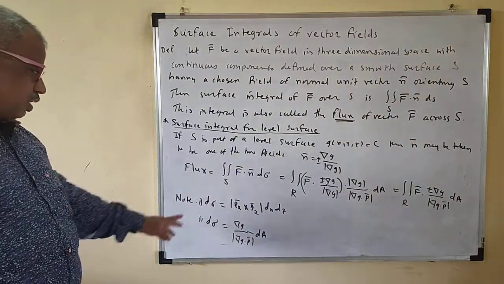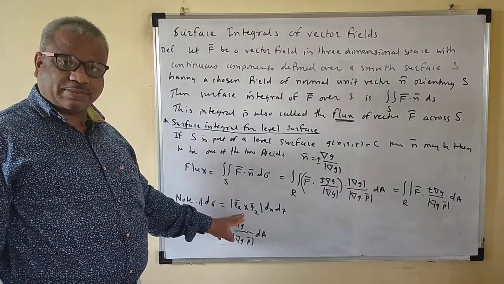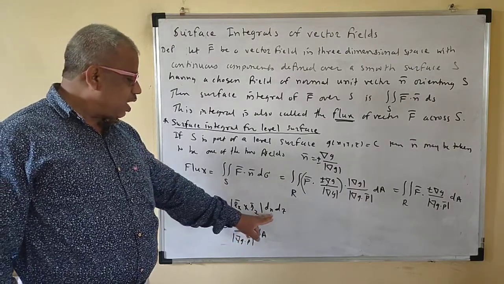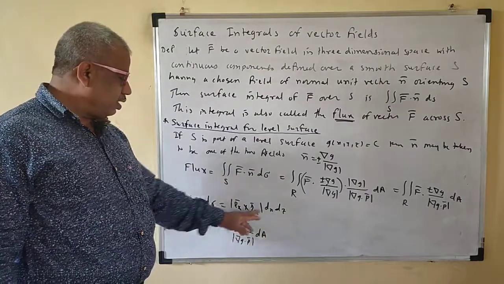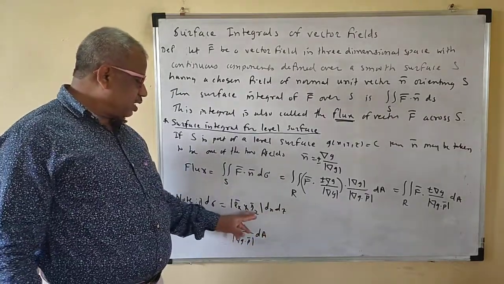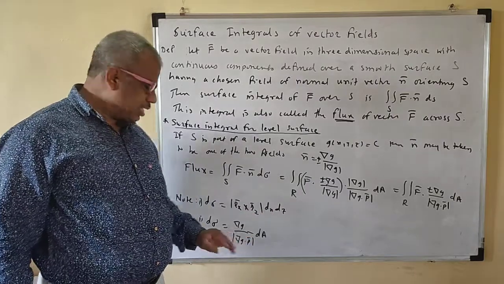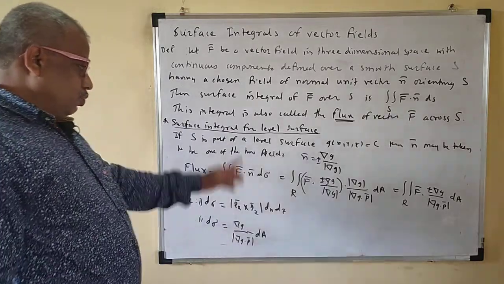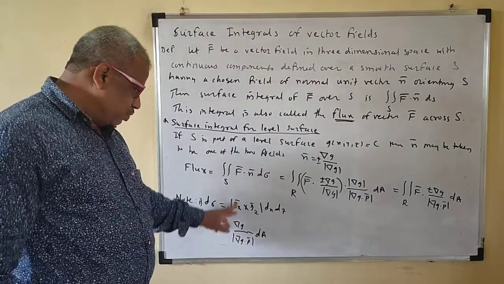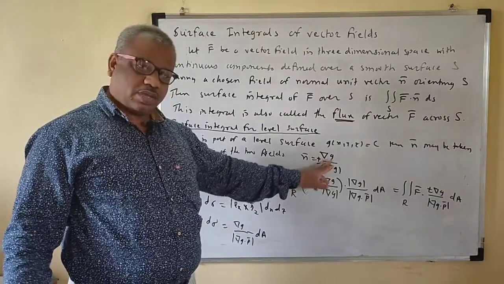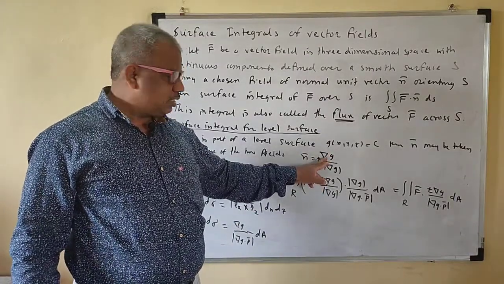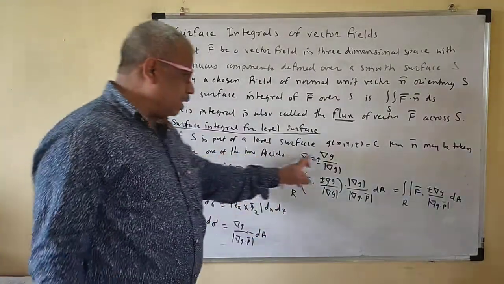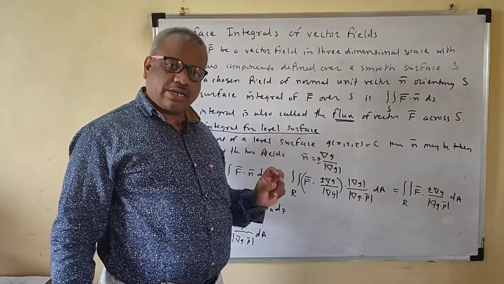This sigma, if it is a parametric equation, then you can take r bar of x, z. If it is x, y then this is dx dy, and if it is y and z, then this is dy dz. So this is the d sigma, and you can write this d sigma. Your n cap is this. You have to find this, the gradient of the scalar function, not divergence. This is the gradient of the scalar function.